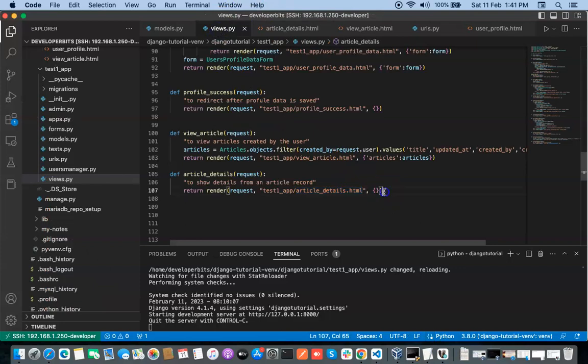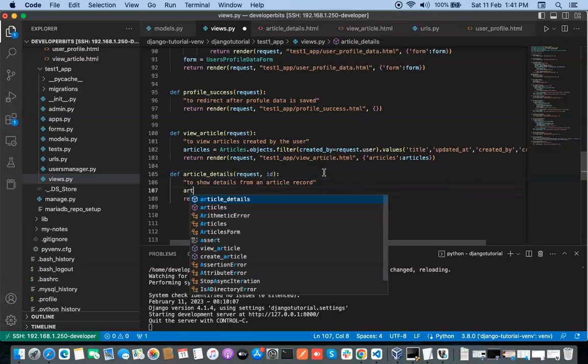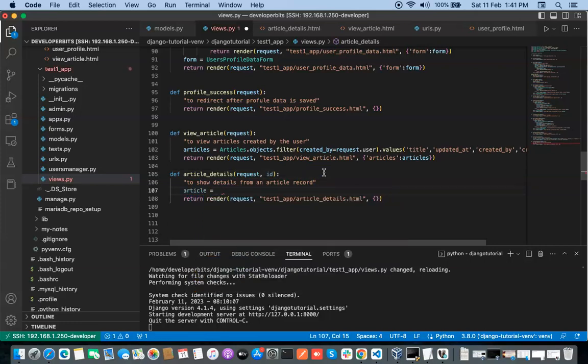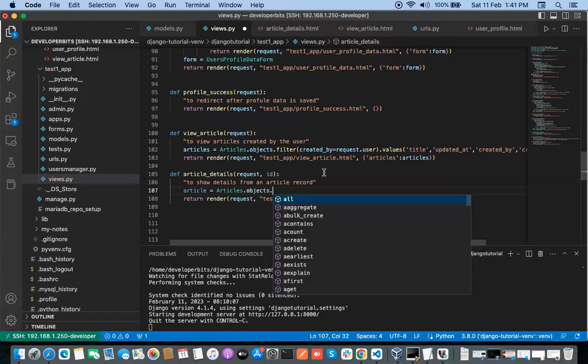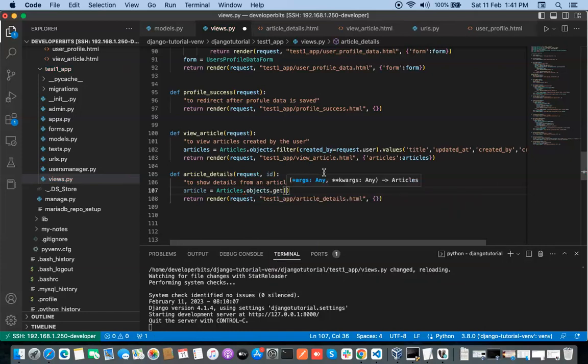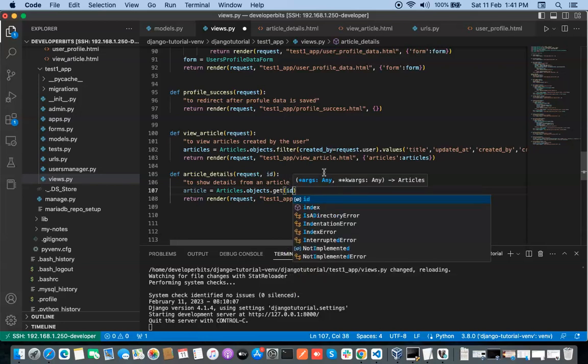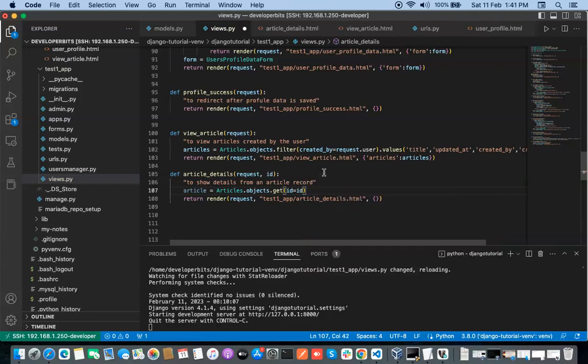Let me define some other changes which we require. We will require the ID of the record. So just type ID here and just type in the model query here. We will be using the Django ORM to get the complete details objects. Just type the get function here, which will get the record details from a single record,